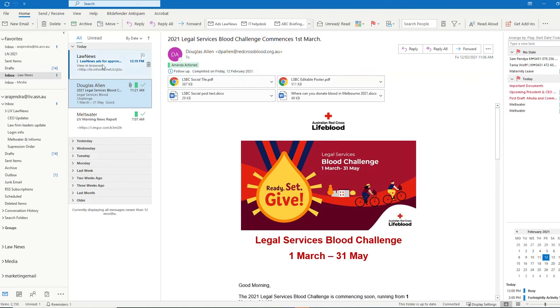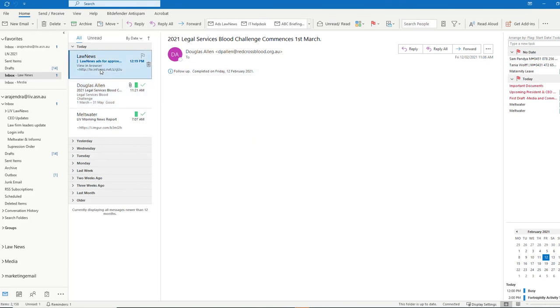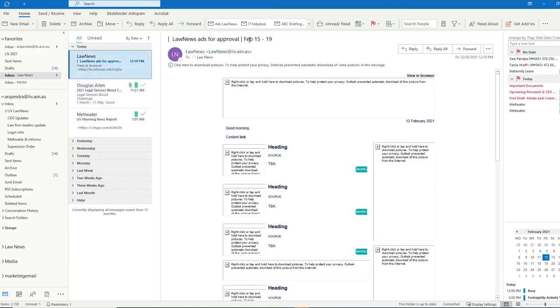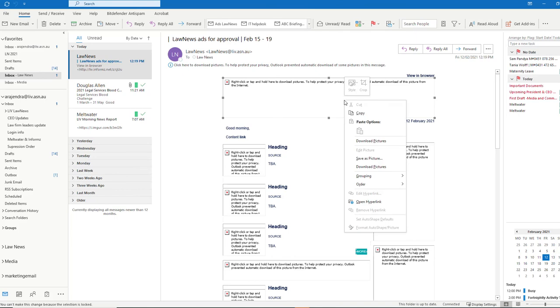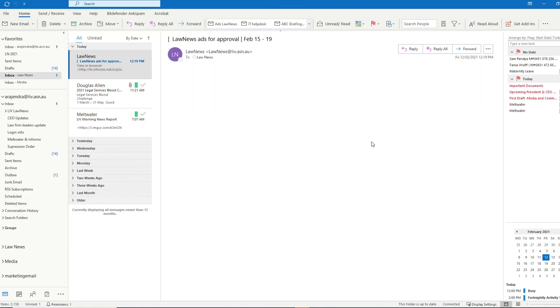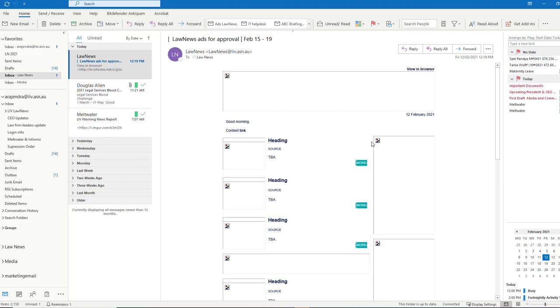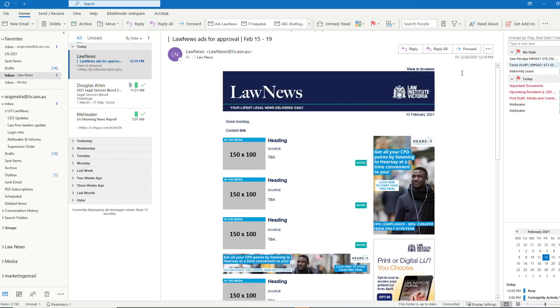Just gonna wait. There we are. So you see how when you look at Outlook, it's come through as LawNews ads for approval, Feb 15 to 19. That's the subject line that we filled in. So all you do is you right click this little image and click download pictures. See how it's all pre-populating with the images? Perfect. Now all you do is you click forward